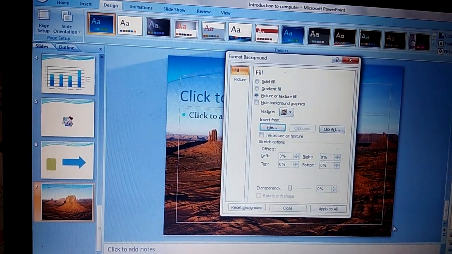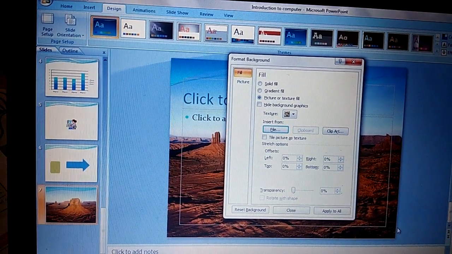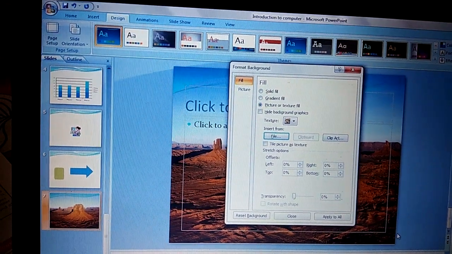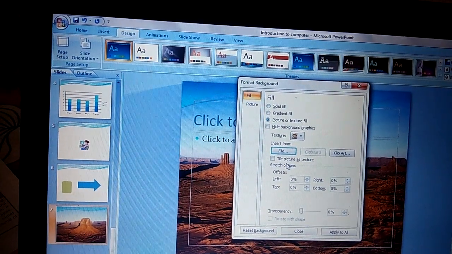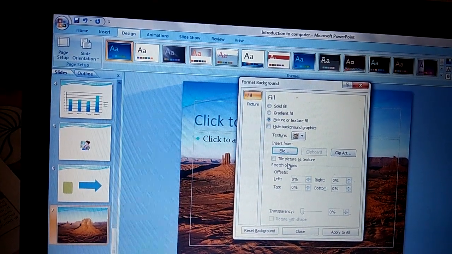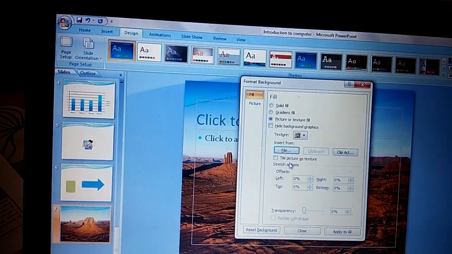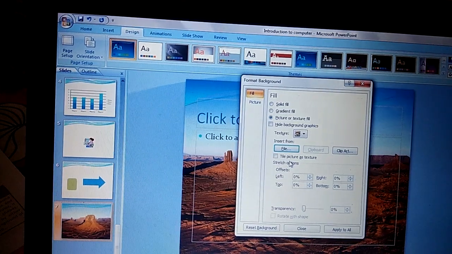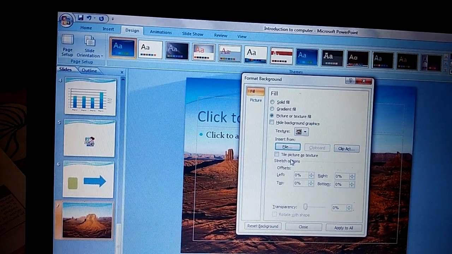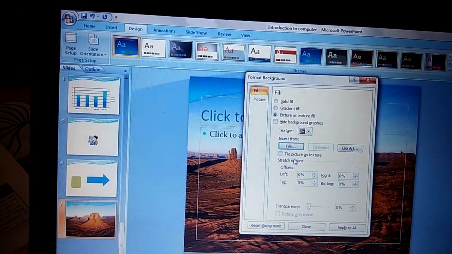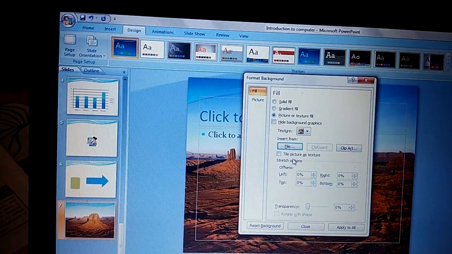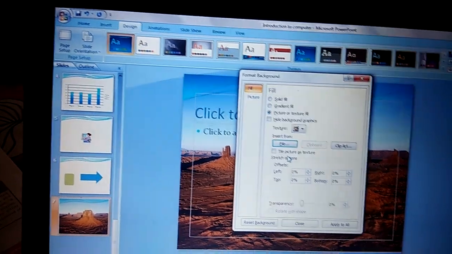If the image is small, you can click the checkbox of Tile picture as texture. Repeat the image so that it covers the entire slide background. If the image does not quite cover the entire background, increase the value in the left, right, top and bottom offset boxes as necessary to stretch the image to fill the background size.